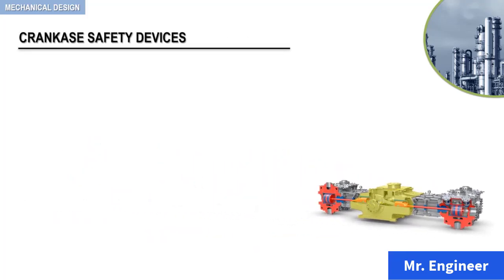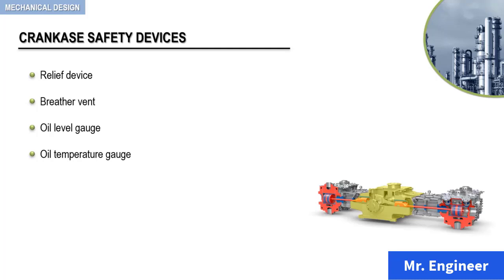Typical crankcase condition monitoring and safety devices are: a relief device to prevent crankcase breakage in the event of explosion caused by entrance of process gas into the crankcase; a breather vent to allow removal of entrained air from the lube oil; a level gauge to allow continuous monitoring of crankcase lube oil level; an oil temperature gauge to allow continuous monitoring of lube oil temperature; a vibration detector to provide information concerning crankcase vibration, which is useful in detecting dynamic changes in the running gear; a low oil level switch to provide an alarm signal on low crankcase oil level; and finally, a lube oil pump, which